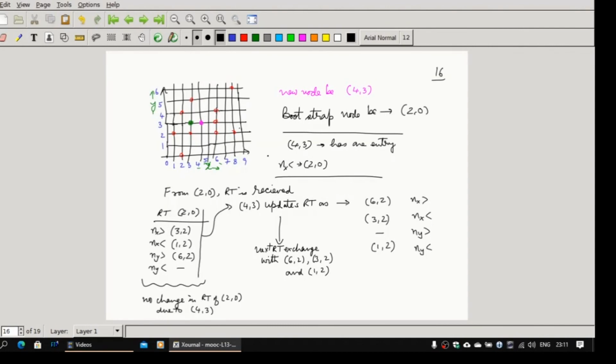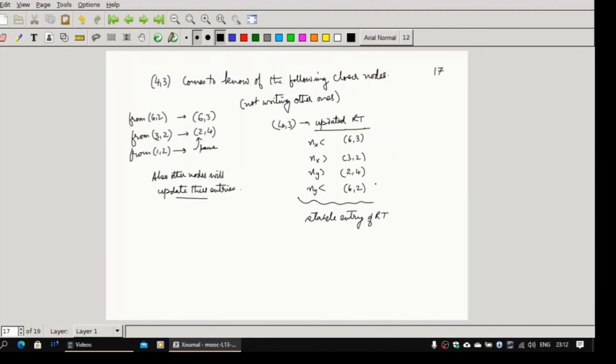And of course you can see for this guy, on the left side this is the one entry, for the right side this is the one entry, for up either this or this both can be there, so it can retain this one. Of course it will come to know of this one also. So if this is going to be with the proximity metric small, closer one, you can choose this one in that case. And this one is now for the lower y, so 6.2 will again come. Okay, so this has gone in the nx greater than nx, nx lower than nx, ny greater than and ny lower than, again this will come. So that's the entry which essentially now gets reflected here. 6.2 comes here now, and this becomes a stable routing table.